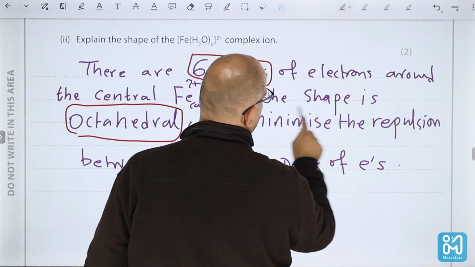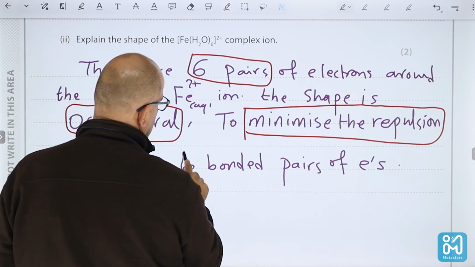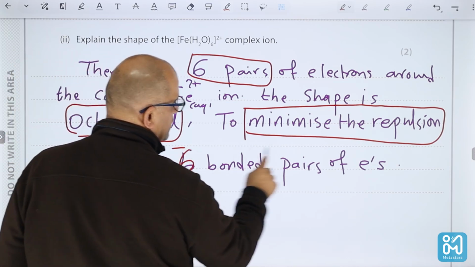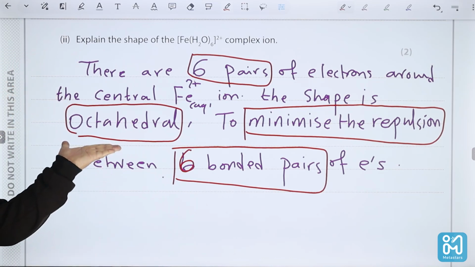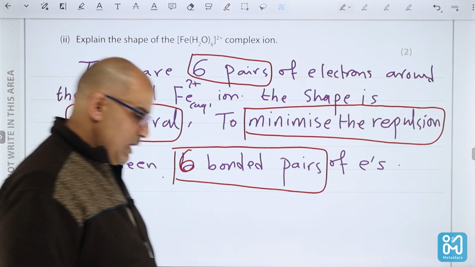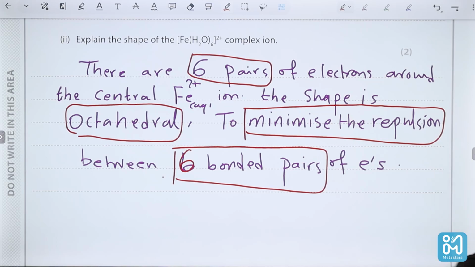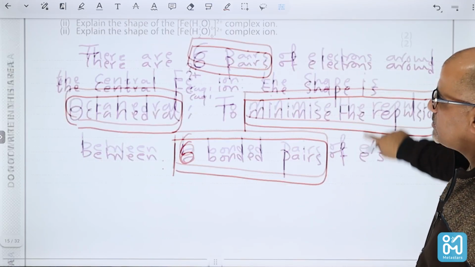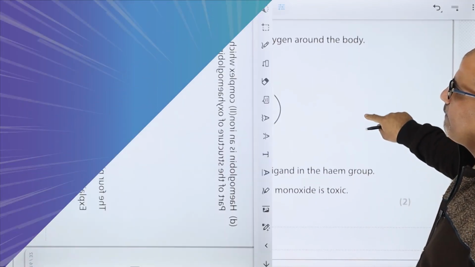The next important point is to minimize the repulsion between 6 bonded pairs around the central atom. You will see this is the correct answer, and that's what is needed. Next question is, or next part of this question,